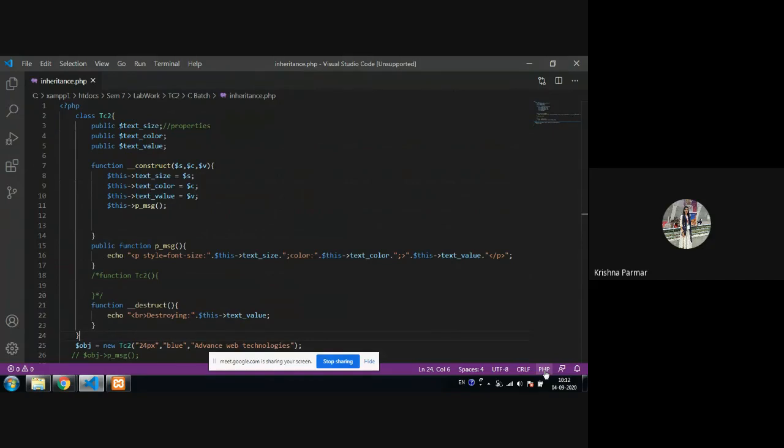Now, inheritance. Inheritance is always used whenever you want to use the properties or methods or any other thing from another class. So this inheritance is always used for code reusability. Whenever you want to go for code reusability, at that time you can use this concept.